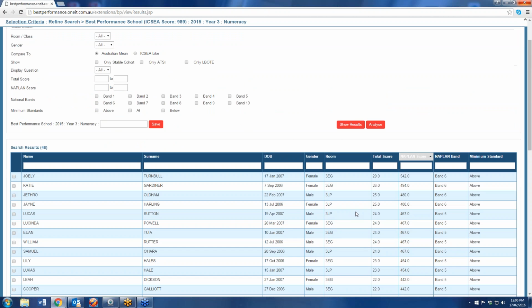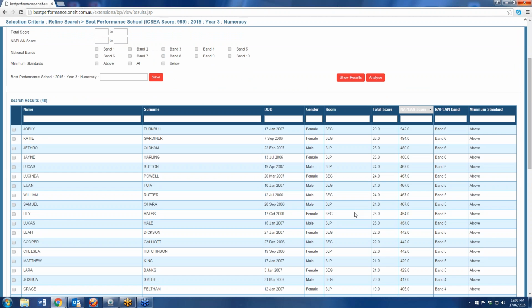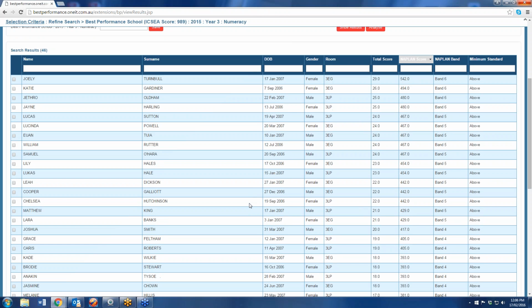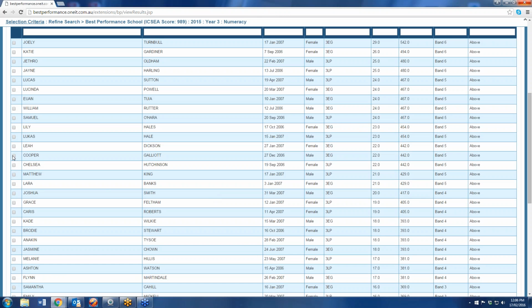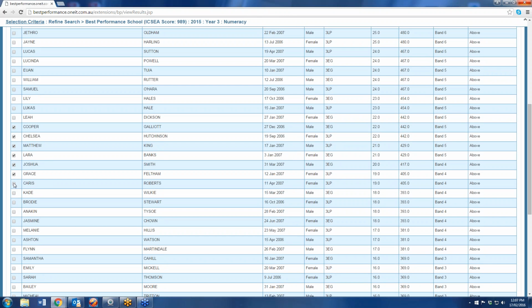So you may say, okay, I want to create a cohort based on specific element of these 46 students. I don't want them all. So there could be an element of the students that you want to take with you to next year. If it was a secondary school, they could be the students that are just in your science class. So for the sake of the exercise, I'm going to click on a number of students at random. Bearing in mind that you used to have to hold down the control key for this function, you no longer have to do that, I'm proud to say. It's a great relief for us. So all you're doing is clicking. If you don't want the student anymore, you just unclick, okay?